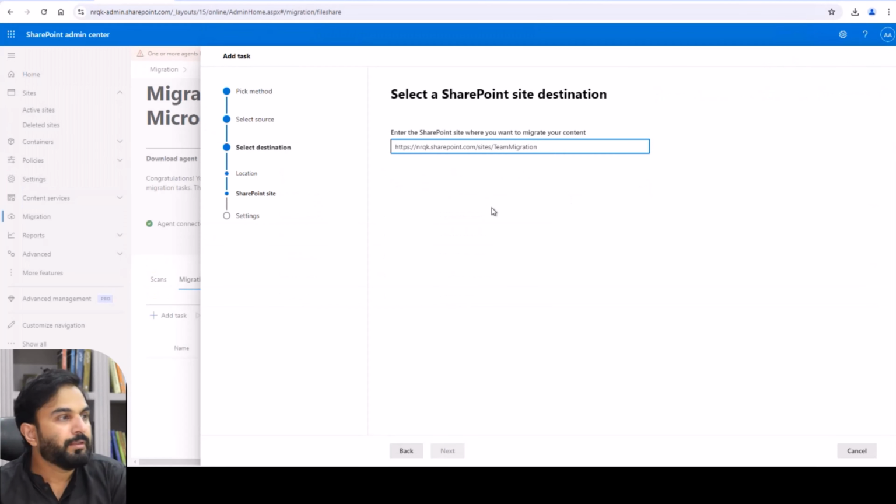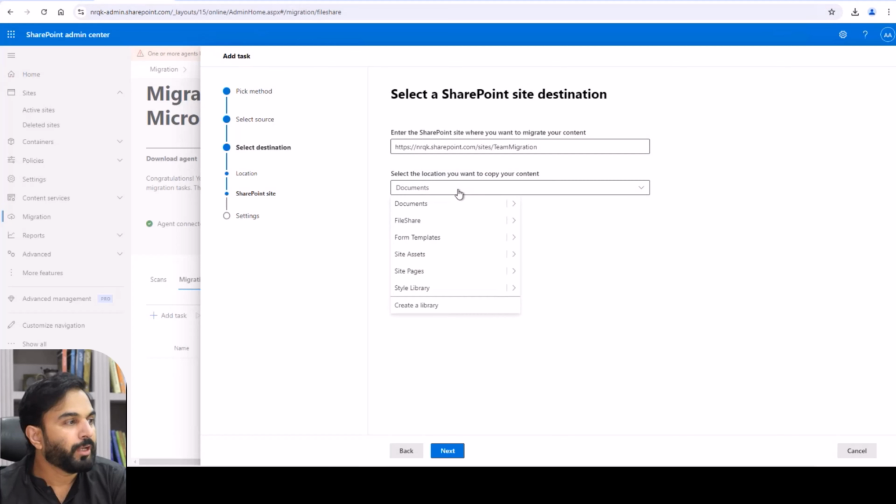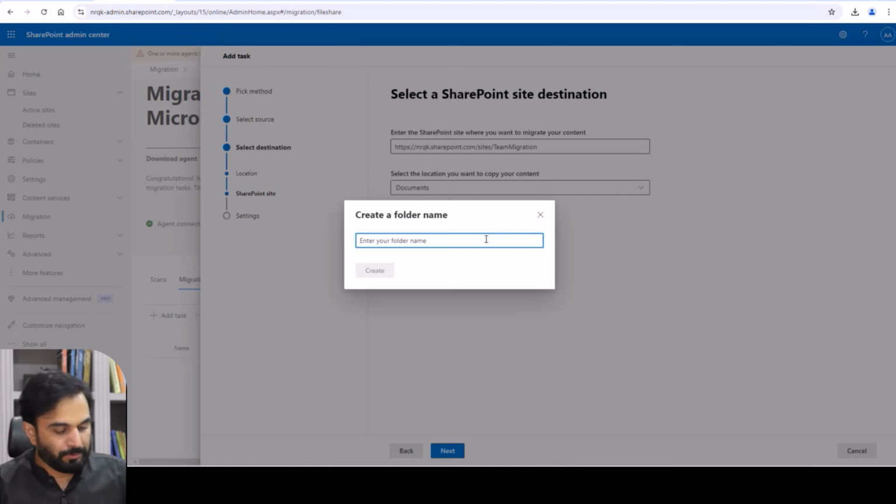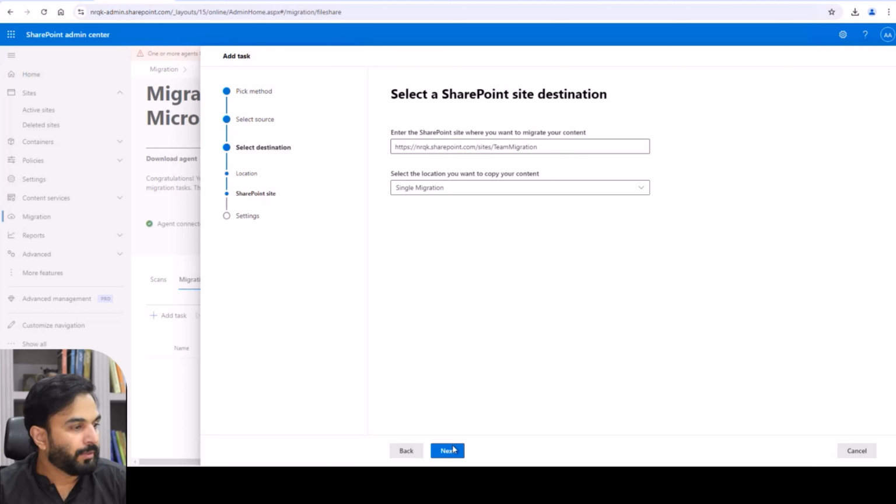I will enter it here and it will fetch all the document libraries on the site, documents, file share. I can create a new folder here or in file share. Let's copy it in file share. I will name it single migration, like it's the single file migration. And next,